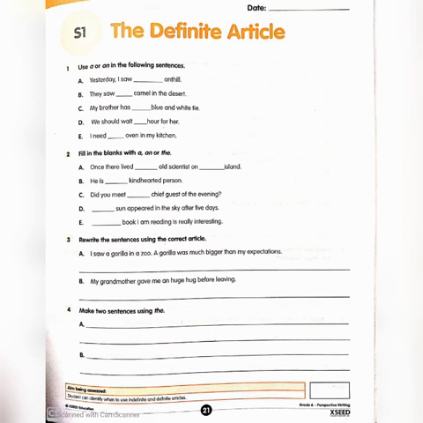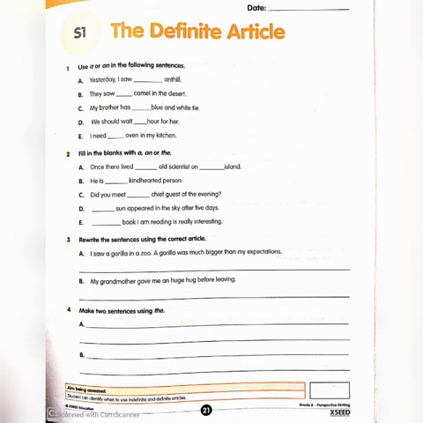My brother has a blue and white tie. We should wait an hour for her. Here H is silent, we will pronounce it as 'our', so 'an hour'. I need an oven. We will say 'an oven'. 'O' is also a vowel sound, that's why we are using 'an oven'.